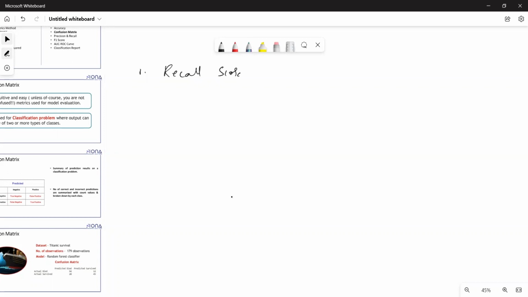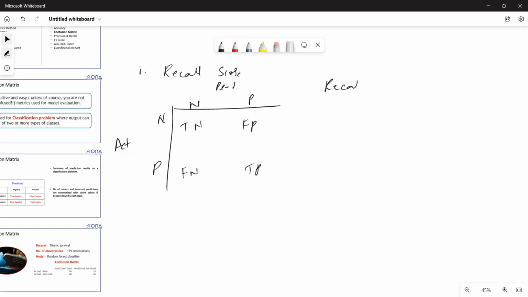recall score. I have the confusion matrix. Here we have the true negative, and we have the false positive. We have the false negative and true positive. Now the meaning of recall is to